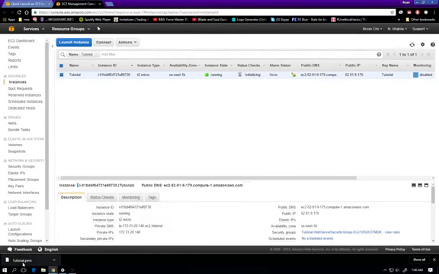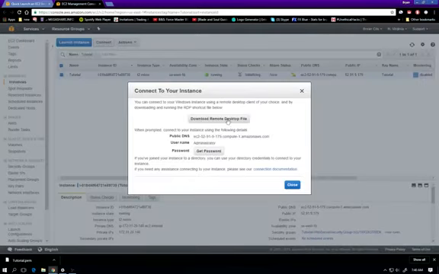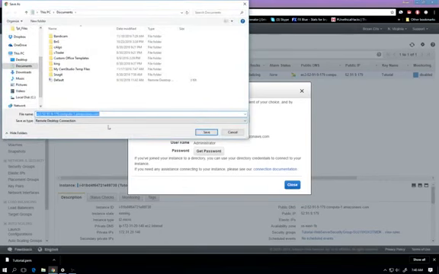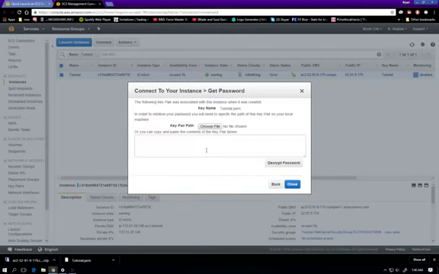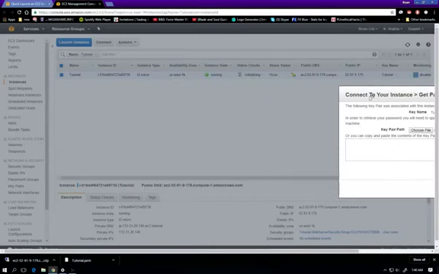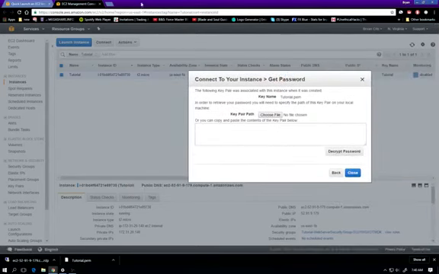And remember, we want to remember where this file is because we're going to need it in a bit. Let's do this and see if it's ready. I clicked on connect, and let's download the remote desktop file. Again, documents. It's going to be EC2 as the beginner, so just remember that. And let's see if the password's ready yet. Okay, so I'm going to move this off the screen for a second, and then we will be back.